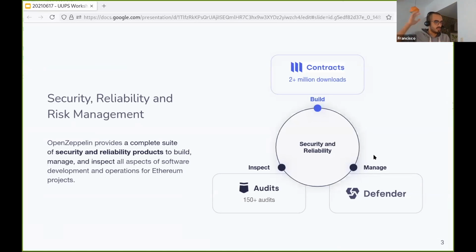We have the OpenZeppelin Contracts library, which I'm sure most of you know and has existed for a long time in the Ethereum space and contains many very useful contracts, some of which we're going to talk about today. And there is also the Defender platform, which allows projects to manage their operations on their projects once they have